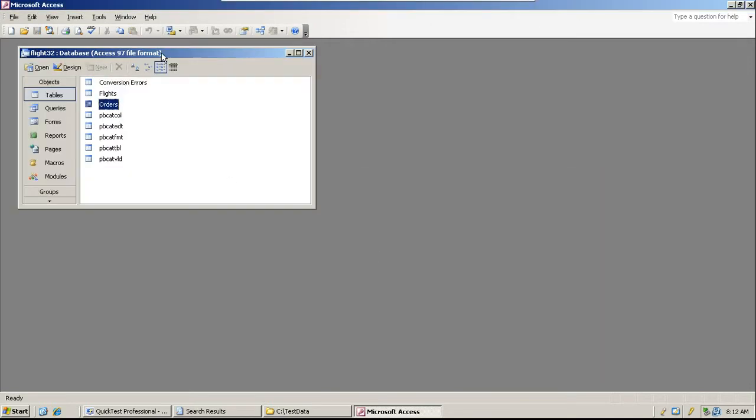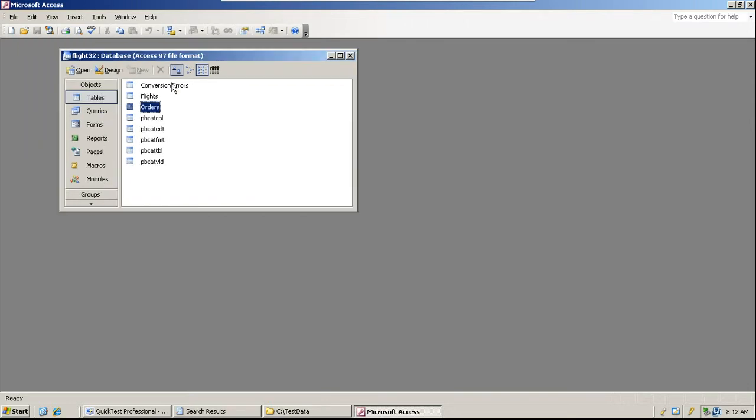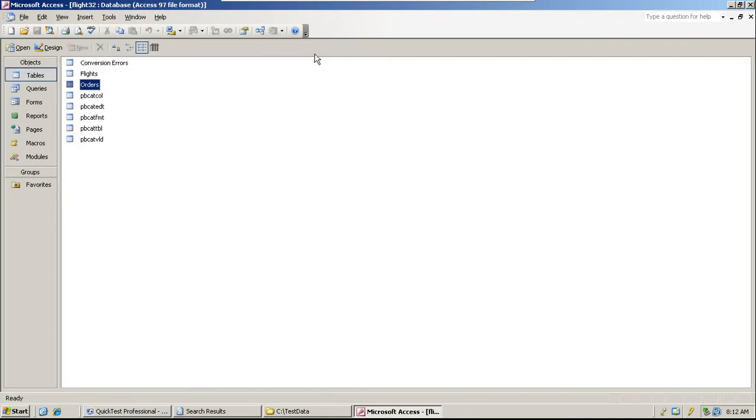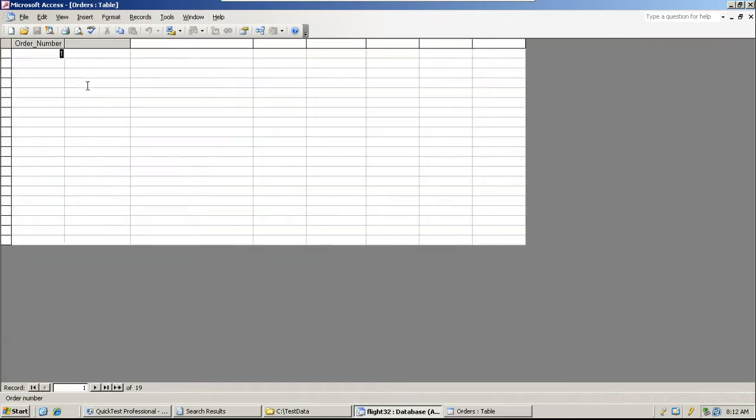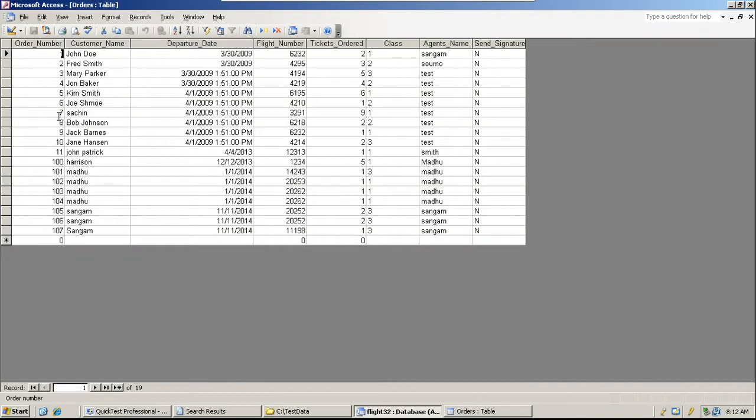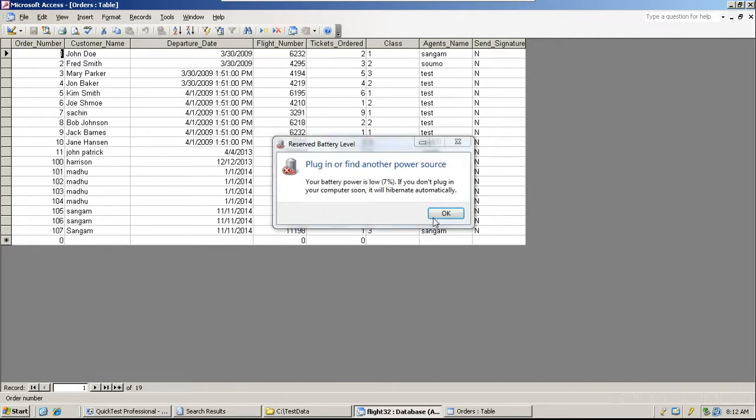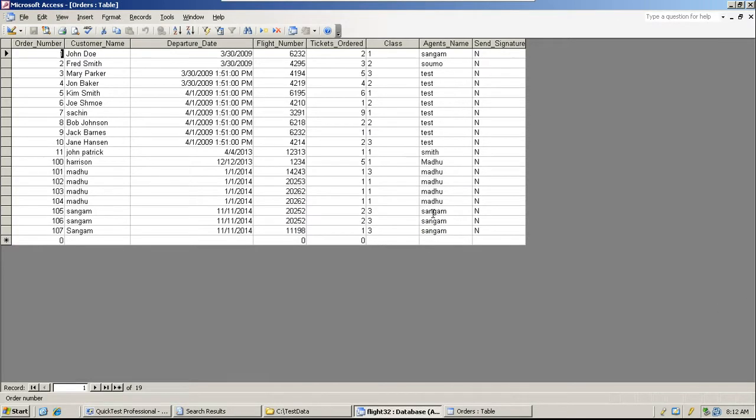Okay, now we have opened up the database. So this is the database table we are dealing with, right? There are different tables, orders. These are the values 1 2 3 4 5 until 107. Okay, then go to, now why it is showing -1, that is the question. So I'll simply modify this database.